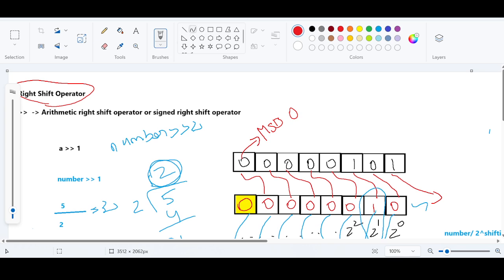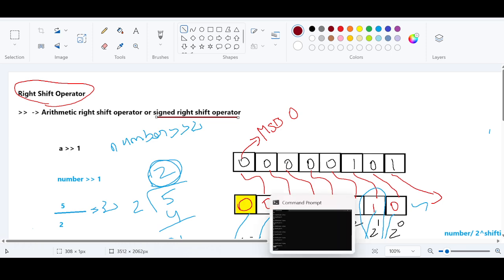Making sense? This is all about the right shift operator. That's why the right shift operator is also called signed right shift. Signed means you will consider negative signs also. Tomorrow we will find the remaining possible combinations. What I am going to do,